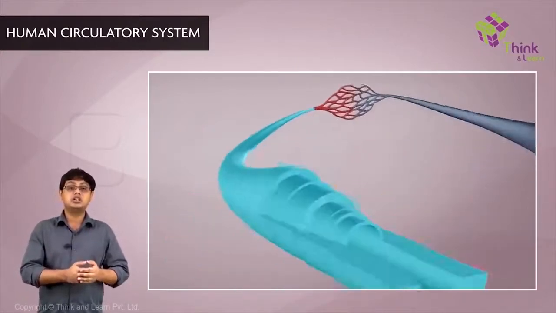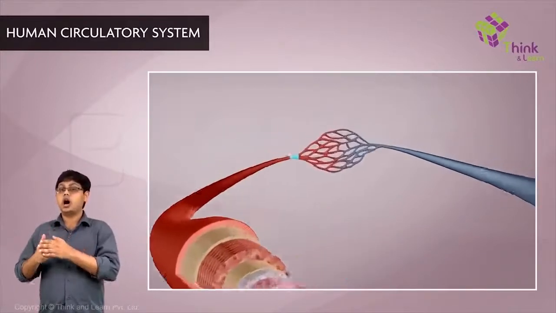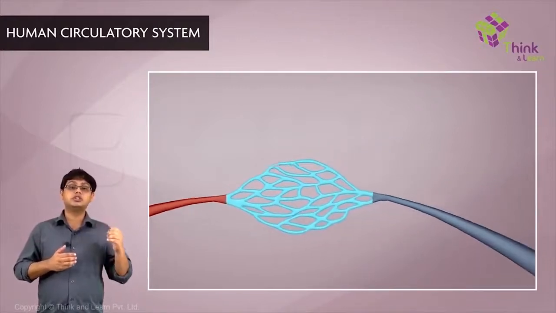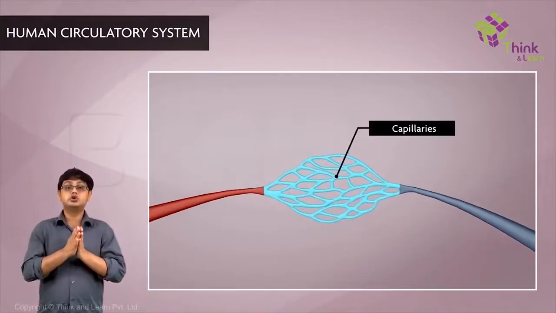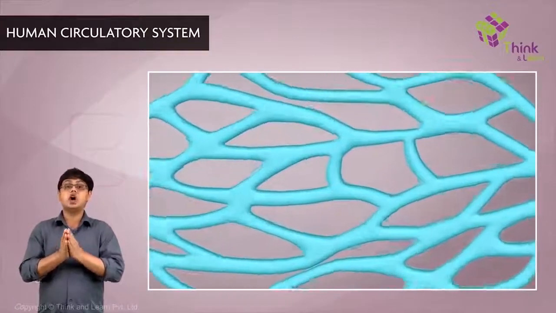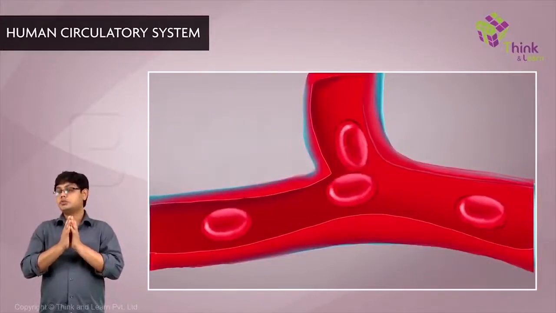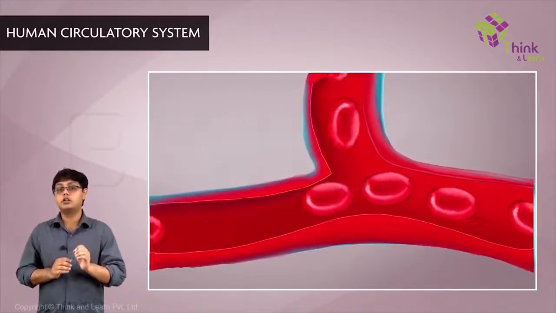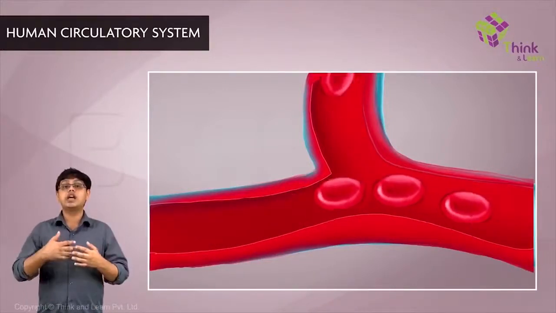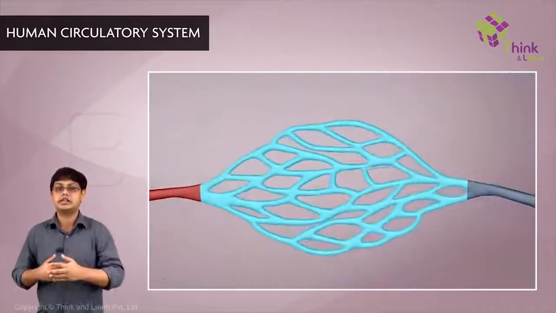The larger arteries narrow into smaller arteries, which further narrow into arterioles. These arterioles then join with smaller vessels called capillaries, whose walls consist of a single layer of endothelial cells lying on a basement membrane. They are so narrow that RBCs must actually flow in a single file. This slow flow and the thinness of the wall allows exchange of substances between the blood inside and the cells.